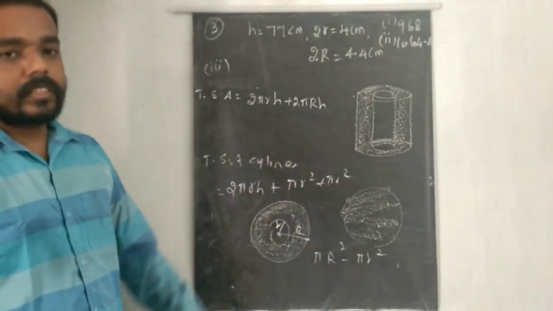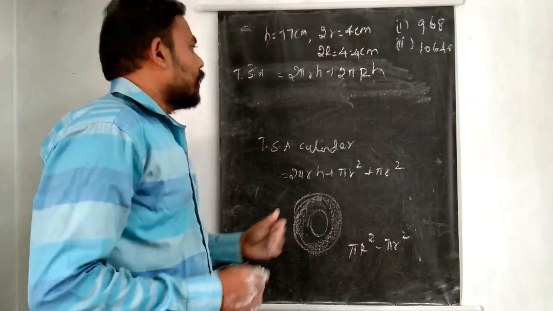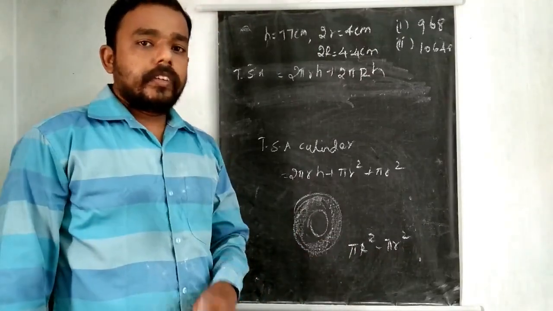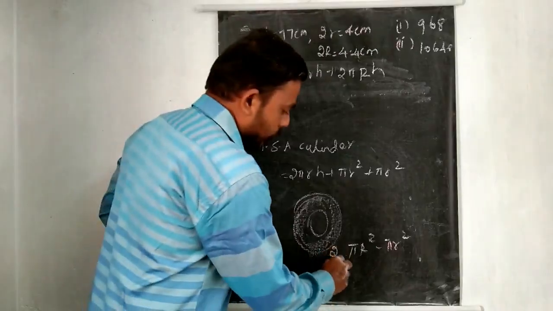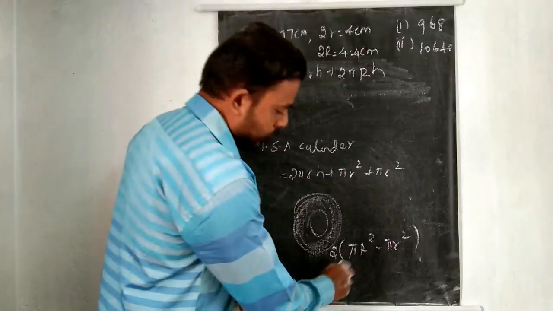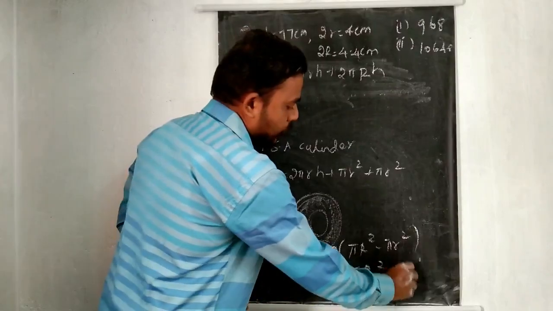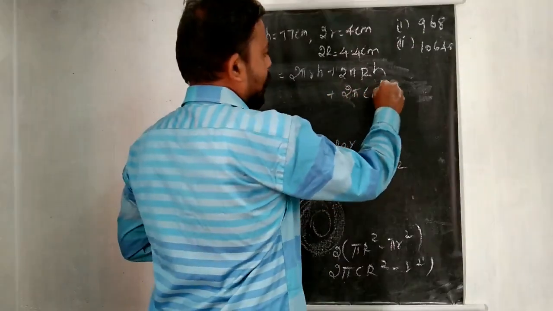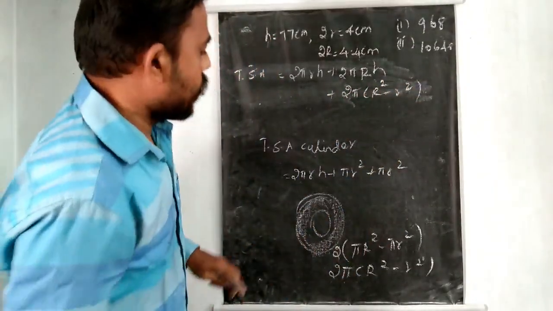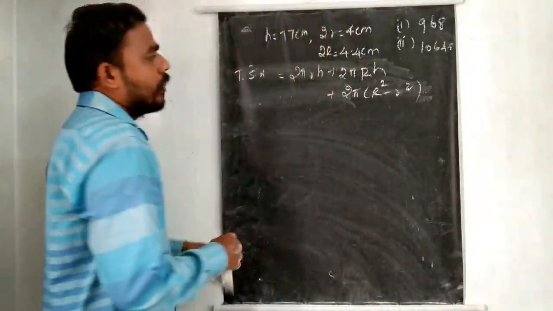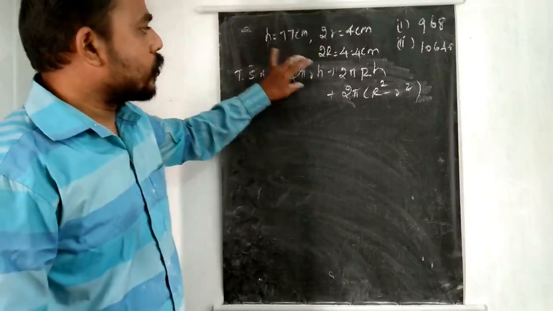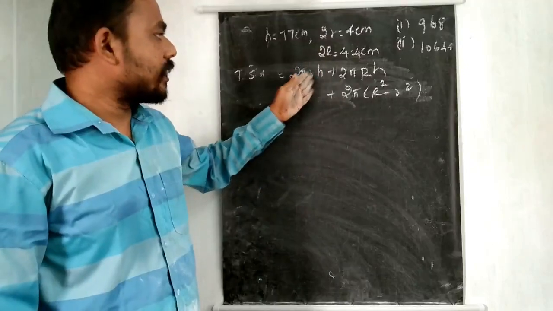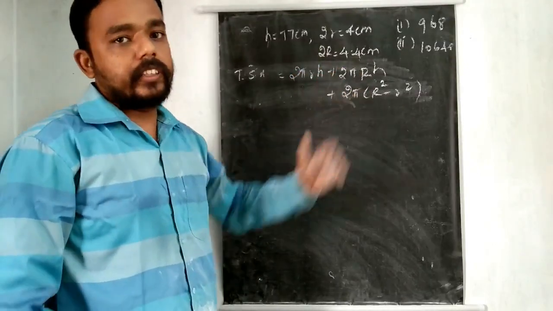Using this I am going to use this thing. Bottom and top, we have two sides. So 2 into pi capital R square minus pi small r square. Pi is common, so 2 pi into capital R square minus small r square. So this idea, plus 2 pi into capital R square minus small r square. Already you have the first and second answers. So don't think about this 2, 2, 2, don't find this value alone, because already this is the first answer, this is the second answer, only this one we need to find.